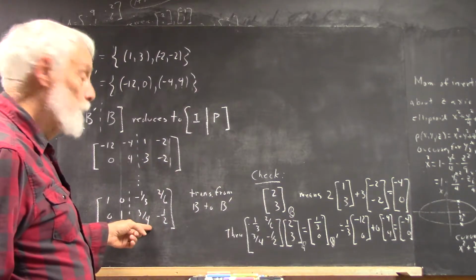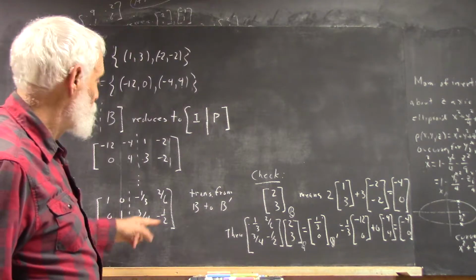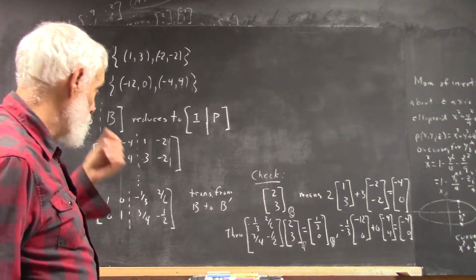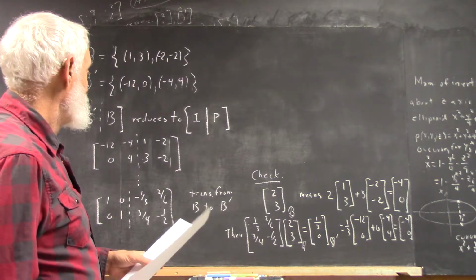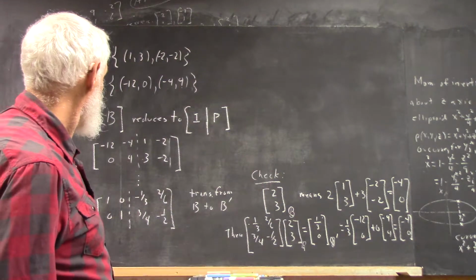Of course, it's easy to do the inverse of this matrix anyway. Okay? So, one way or the other, you're going to get the inverse. Okay? So if this is P, then